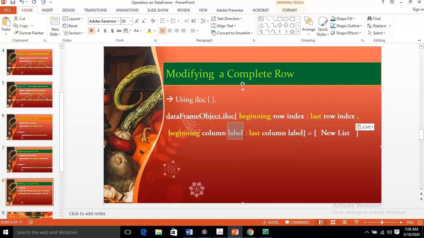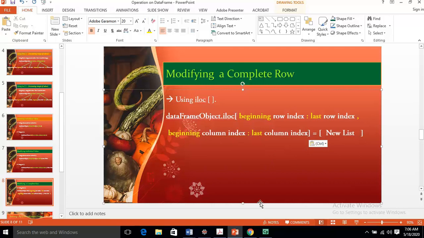And I will prefer that you always use ILOC, because in most data frames there may be a possibility that you will not get the label. In that case, index plays the crucial role. So that's this thing.